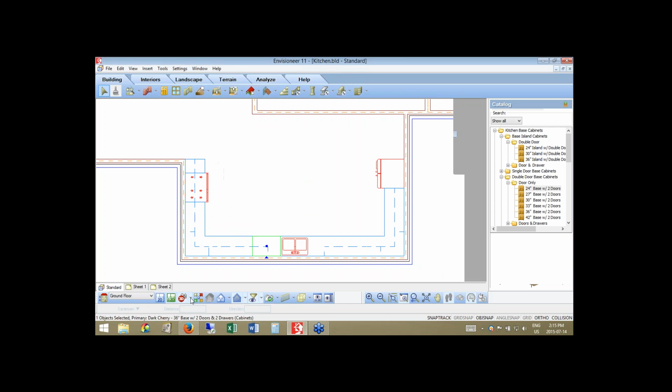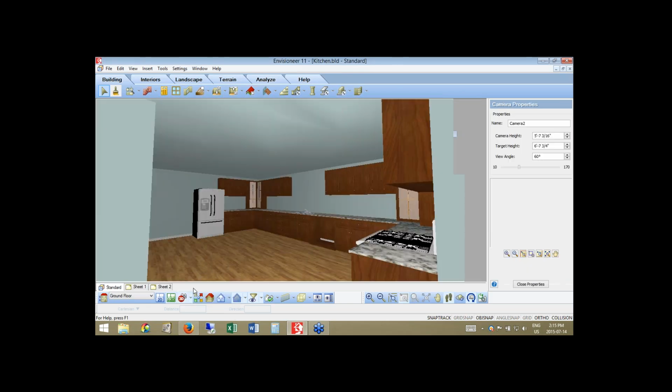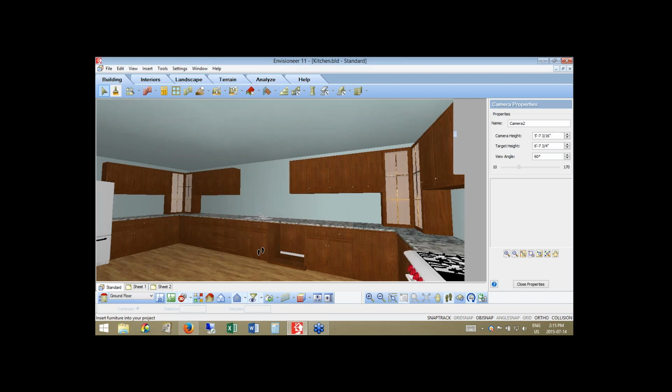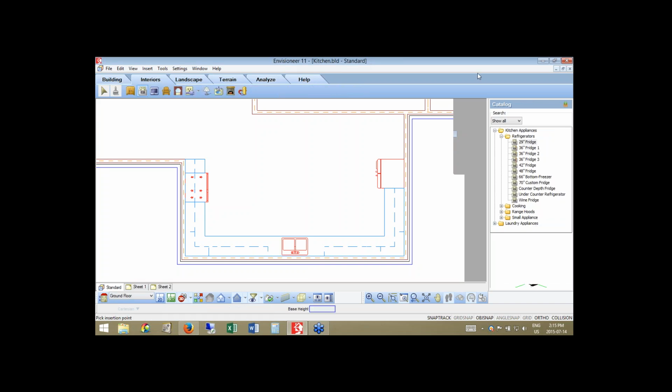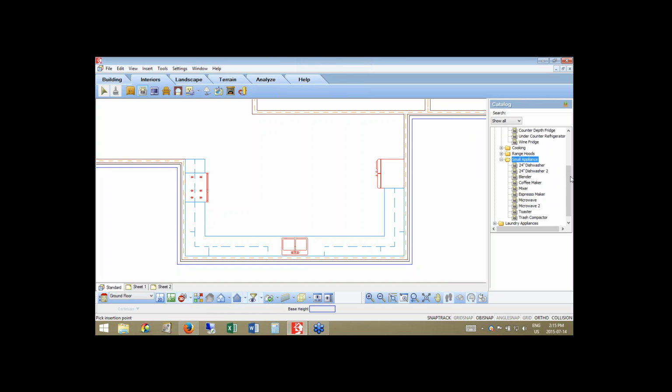And now if we take a look, I'm going to go into my secondary look here. Here's our new kitchen that we're just outfitting. Here is our kitchen. There's our bank of drawers. And here's where I'm going to put my dishwasher. So with the dishwasher unit, I want it right in here. So I'm going to go back to my Interiors tab and grab on Appliances. When I do that and I grab in my small appliances and my dishwasher unit,